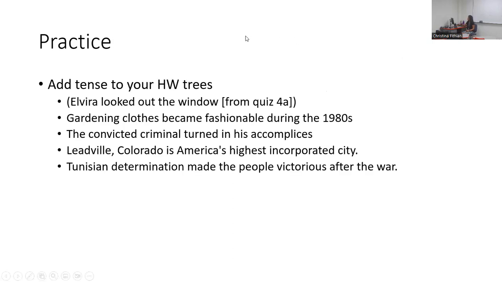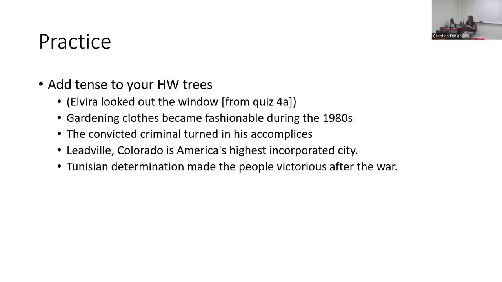Okay, so I gave you a few homework trees to try and do the best you could on them, and we'll see how you did. One of the other trees I want to go over is the tree from quiz 4A from last week, and that was